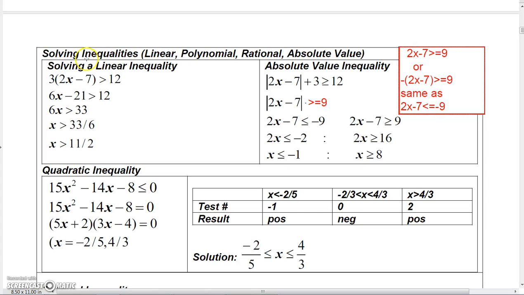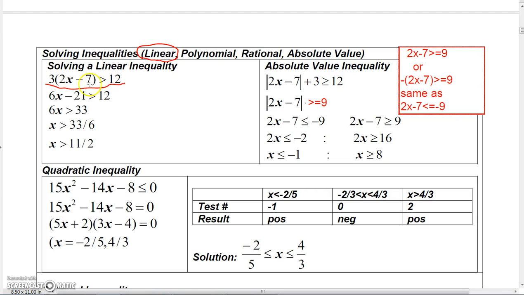Okay, on this one, I'm just going to talk about a couple of inequalities. I want to focus on linear inequalities in this video. First of all, you could have just a straightforward linear inequality here, like 3 times the quantity 2x minus 7